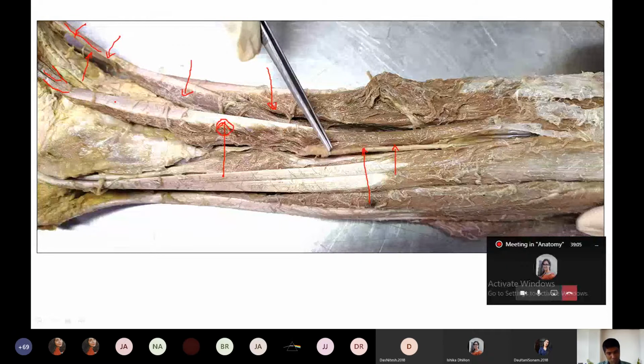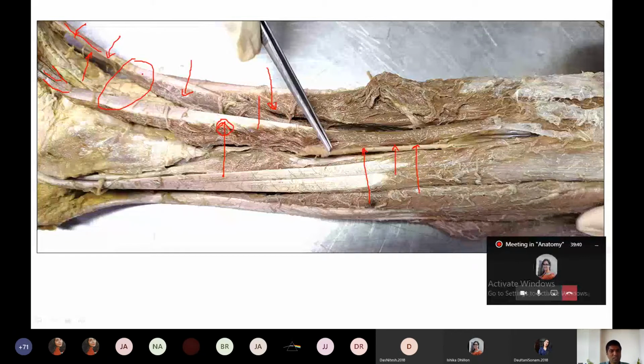Already we have discussed the attachments. Now I cannot tell the attachments of everything because of the timing. You read the attachments of these muscles; especially the distal attachments are more important, where they are inserting into the foot bones. Please note down these things. And nerve supply, we have already seen: this nerve supplies all these three muscles, the deep peroneal nerve. And what will be the action?